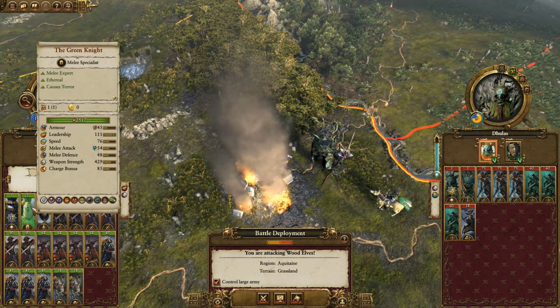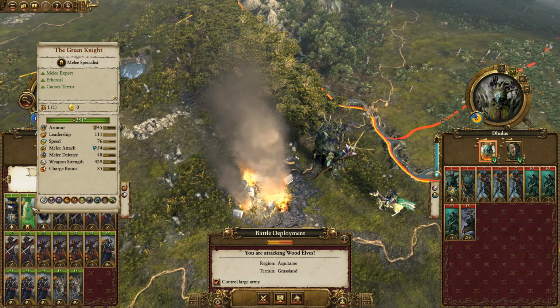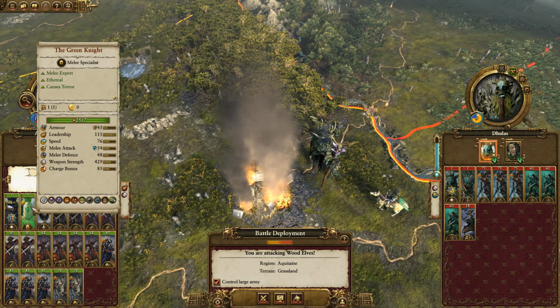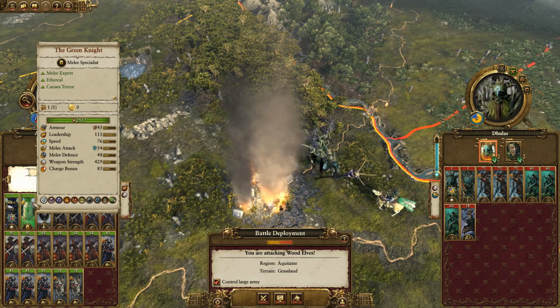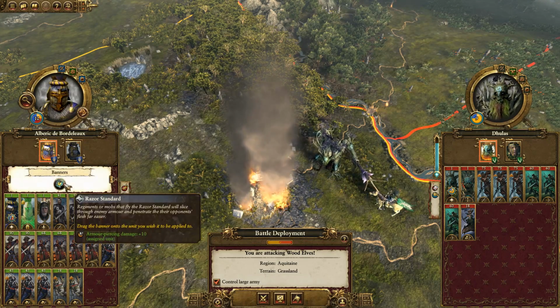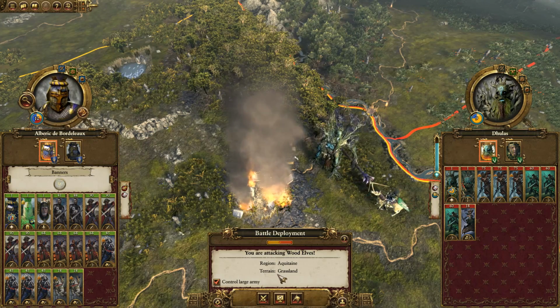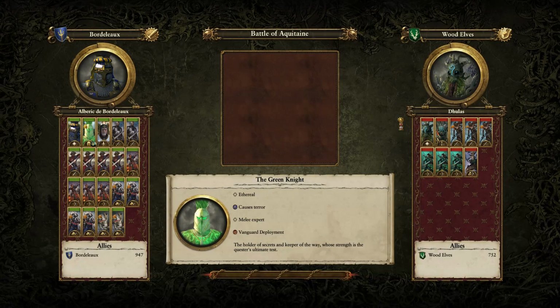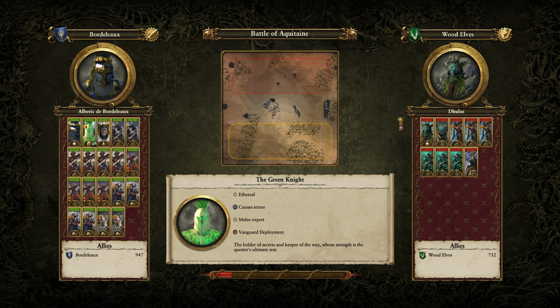But we at least do have the Green Knight. He's a melee expert. He causes terror. He's ethereal, which negates most damage to himself, and he has really high weapon strength. He has the strength of a giant. We'll give him this, give him armor-piercing damage as well. So this is our chance. This is our one shot. Do not miss your chance. This opportunity comes once in a lifetime. You better...